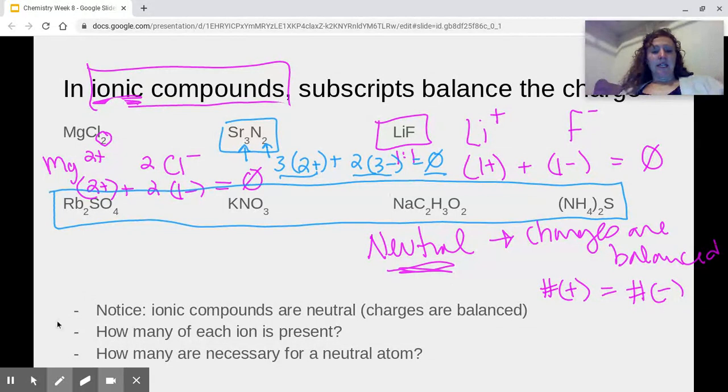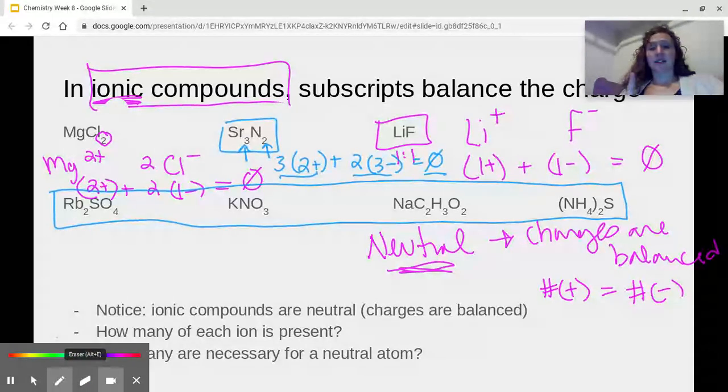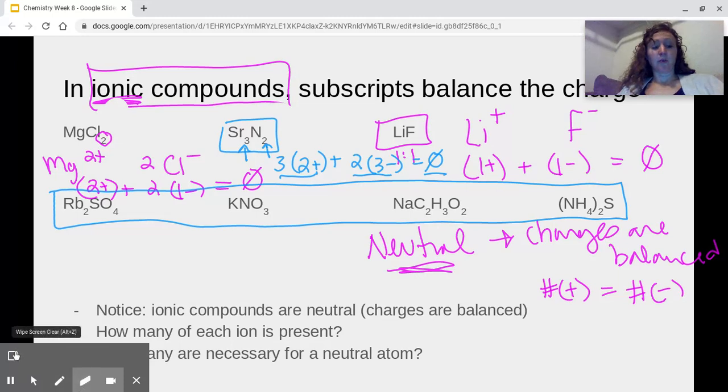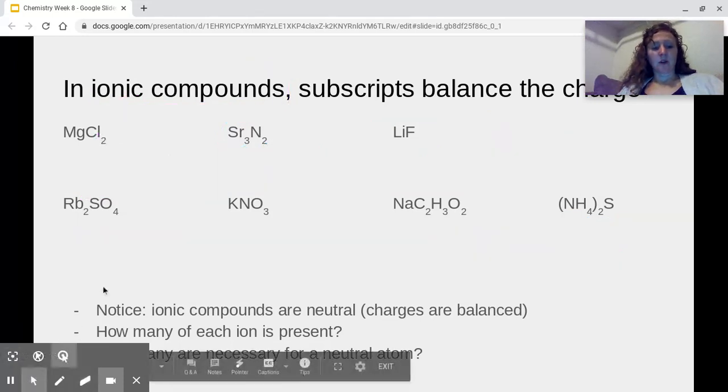Now, it's one thing to observe this as being true like we just did. It's another thing to come up with it on your own. And so that is something that we will practice, coming up with these subscripts on our own in order to balance the compounds. Before we do that, though,